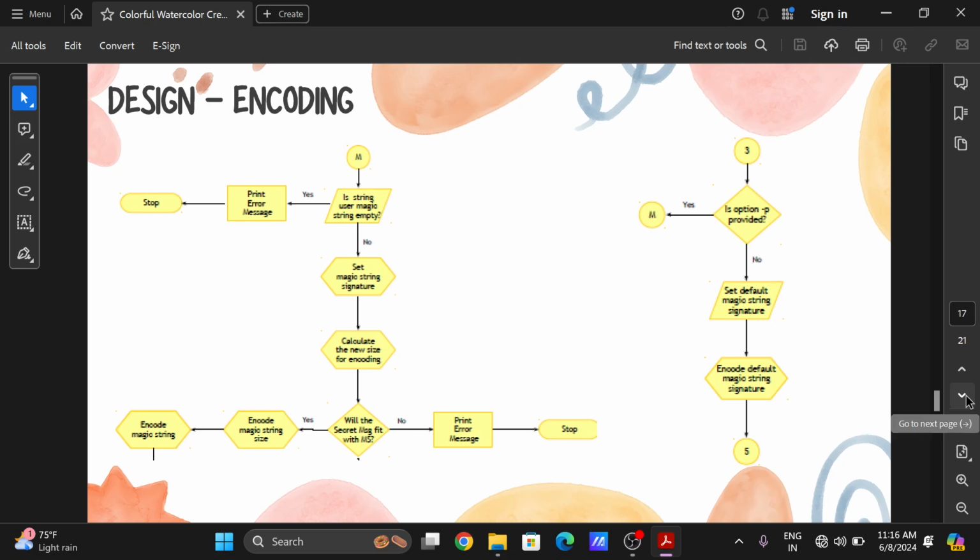Art option is provided. Here we are checking whether it has a magic string or not. So if the user has provided a magic string, then we will encode that first before encoding our message. But the main question that comes to our mind here is, what is the magic string and why are we using the magic string? Inside this project, the magic string plays a very vital role to hide or conceal our